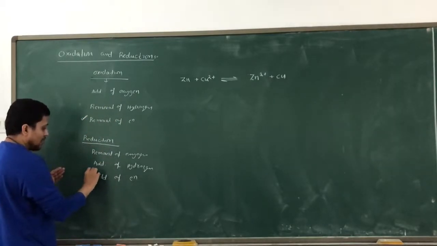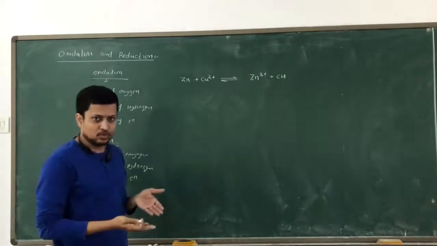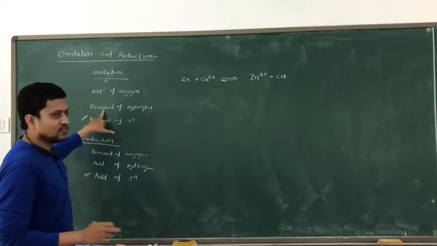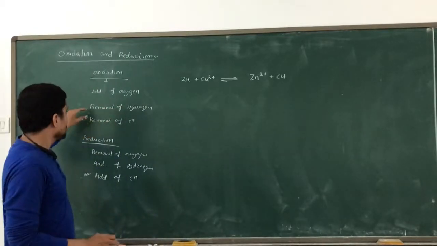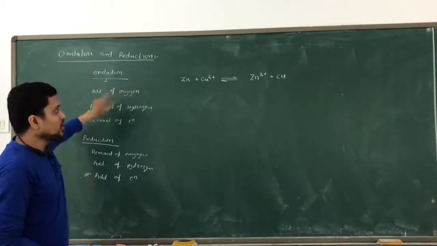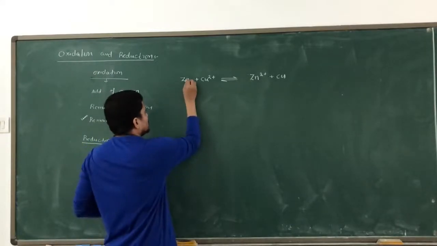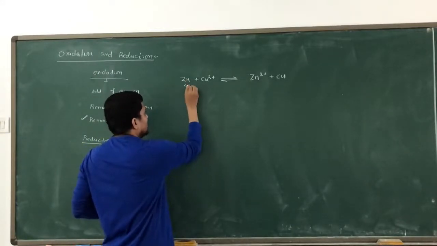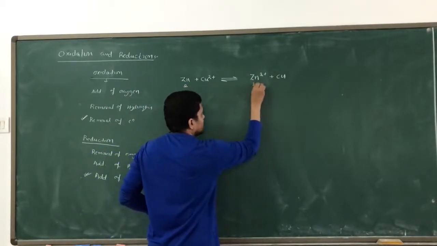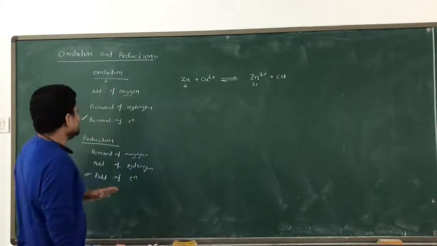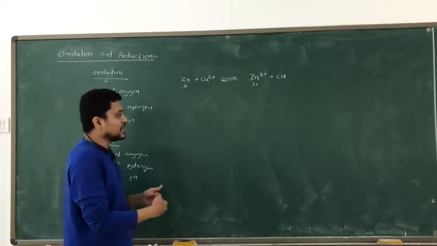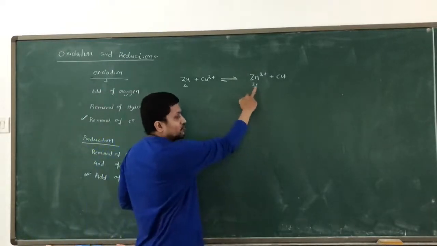Even if the reaction is not balanced, if it is a totally balanced reaction, then no need, we can go for this one and this one as well. But if the reaction is not balanced, then better we go with the removal or addition of electron to understand the reduction and oxidation. So here, zinc is converting into this. The oxidation state of zinc here is 0 and here 2 plus. That means electrons are being removed here. How the electrons are removed, I'll explain that as well. So 0 to 2 plus means removal of electron.